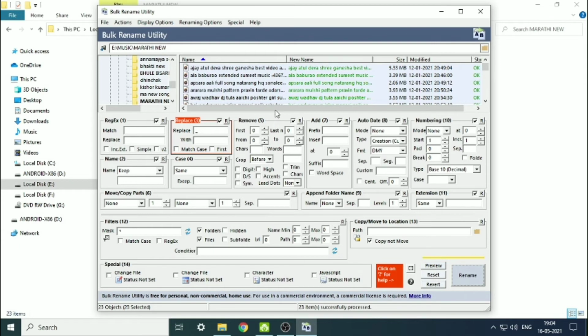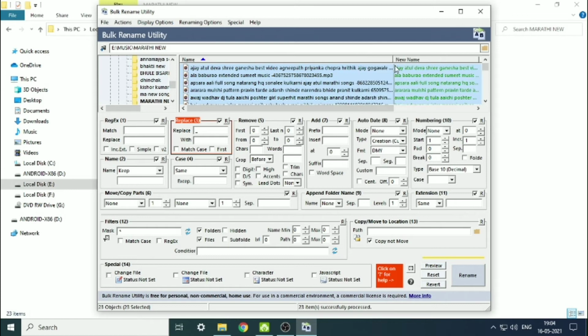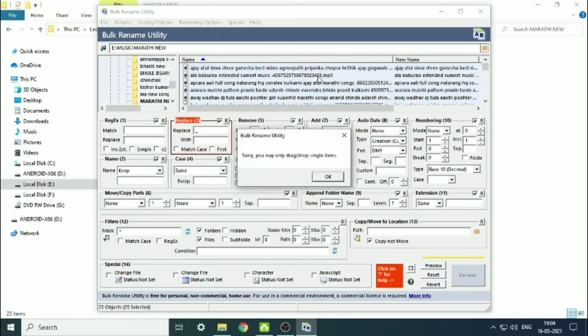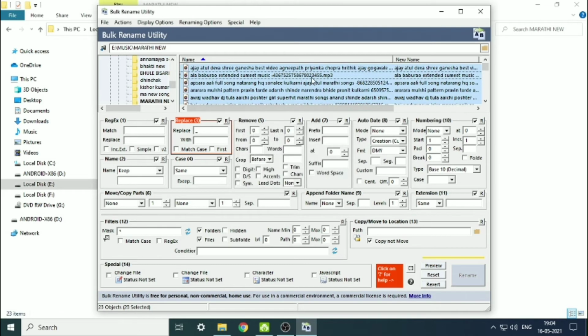Next one is remove characters. As you can see here, I'll show you for a while. Let me show you. If I want to remove these characters, I must count the characters from the last, see what number it is, and then select that many numbers here, and then I'll remove. So this is 1 2 3 4 5 6 7 8 9 10 11 12 13. Okay, it is a bit long number here, so I'll just try removing 20 characters.